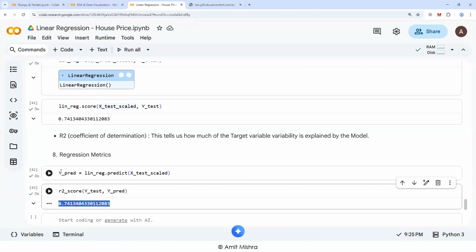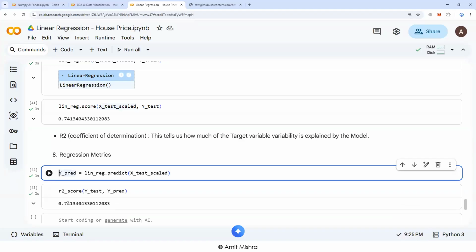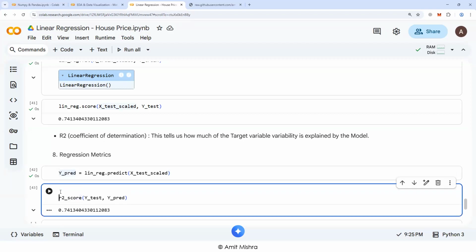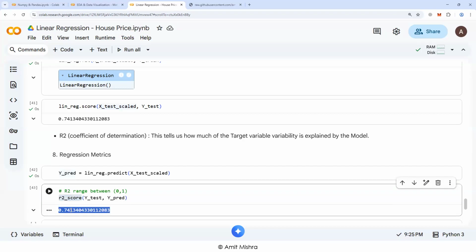Now this R square value range is between 0 and 1. The more this R squared is closer towards 1, the better will be your predictability. And if it is closer towards 0, the model will be